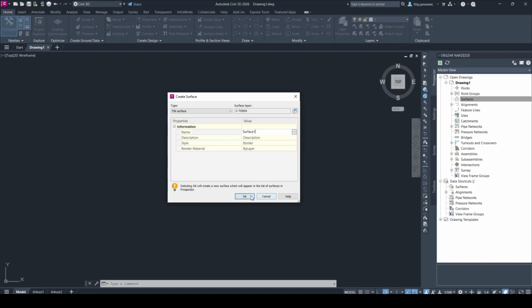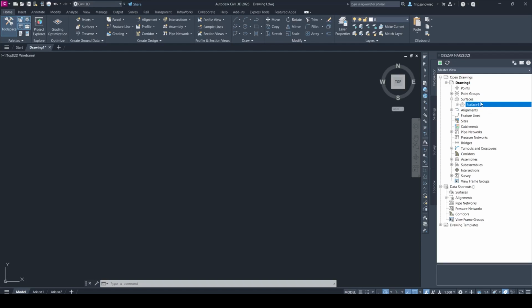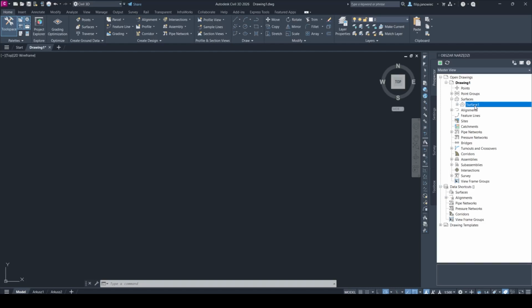Okay, I click OK. Now we see the surface here, in the right down corner, and it also appears in our surfaces options here in this window. Okay, so now we must click the left mouse button on our surface 1, and we will